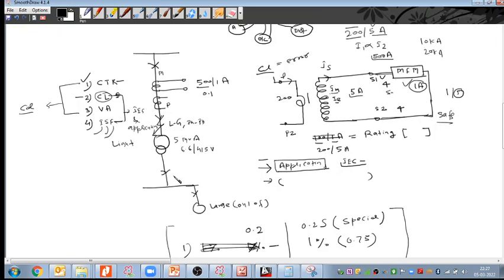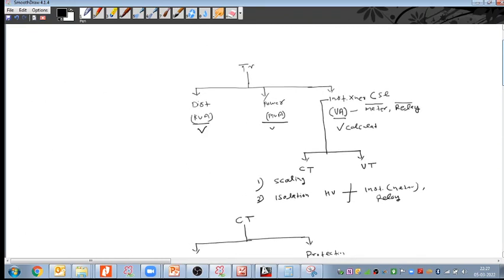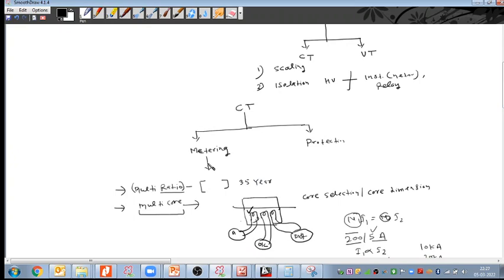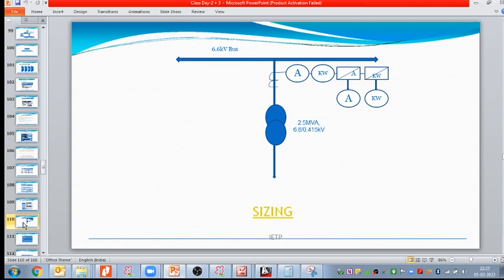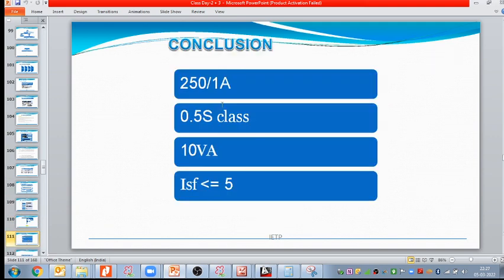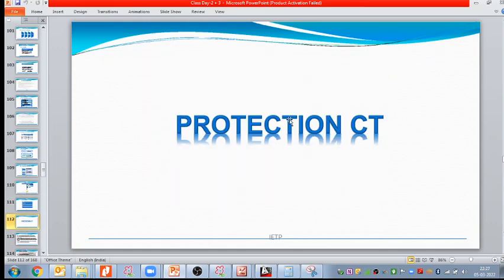Okay, let us come to the next: CT core metering. So metering is done, let us come to the protection core selection and the sizing calculations. As we discussed yesterday, protection is again divided into many types. So let us come to the protection CT,